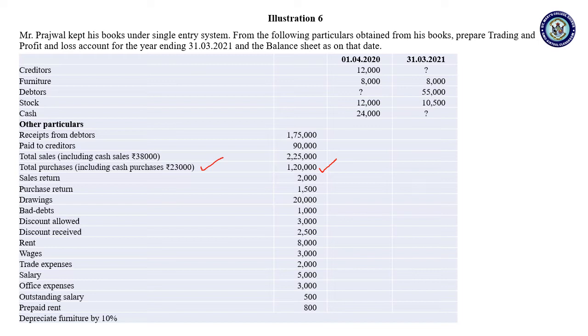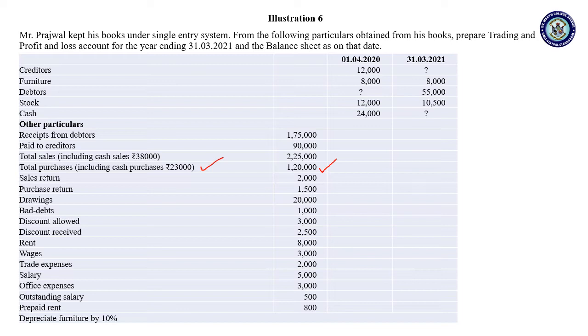The next one is for credit purchase. So the journal entry will be credit purchase account debit to creditors account. You just see the creditors account. In the previous class we solved the creditors account also. In that we write the balancing figure on the credit side as credit purchase. So the journal entry will be credit purchase account debit to creditors account.